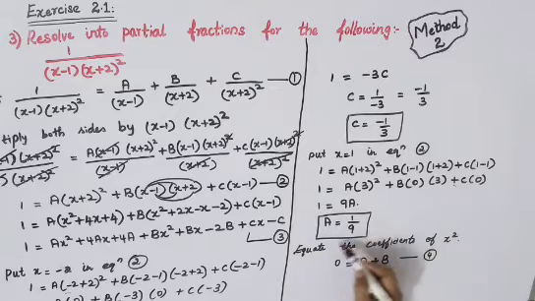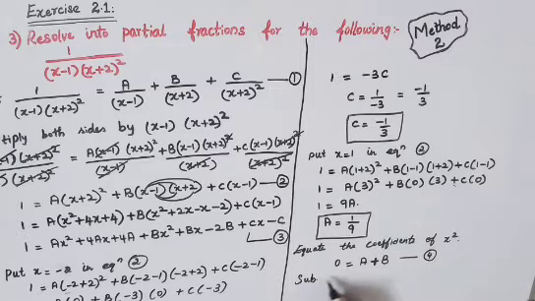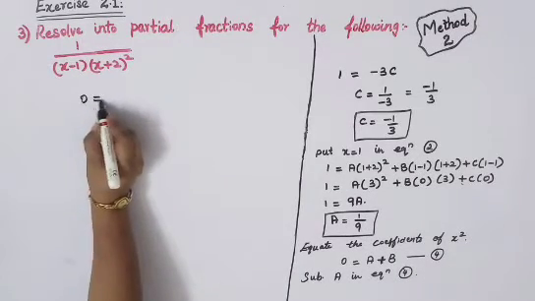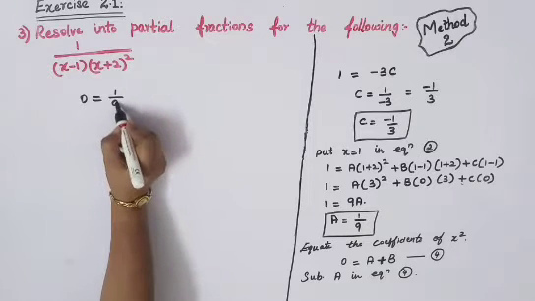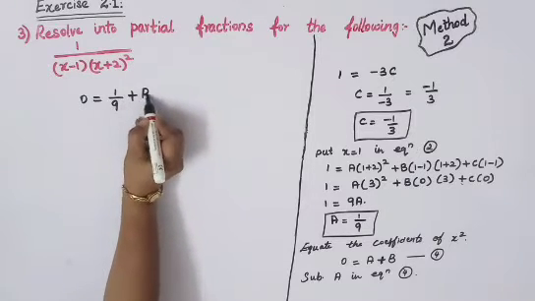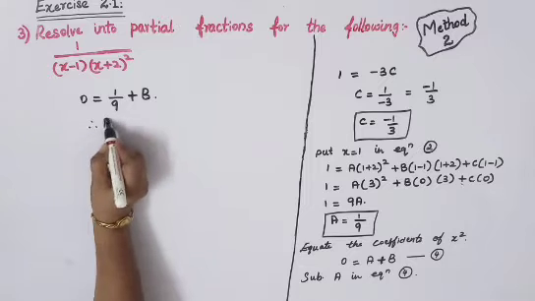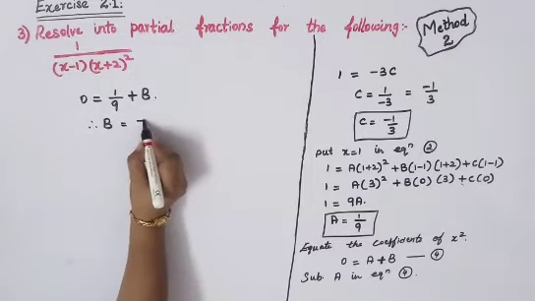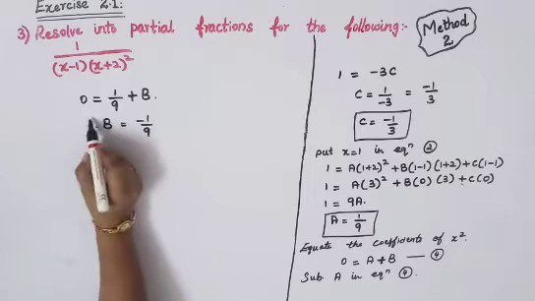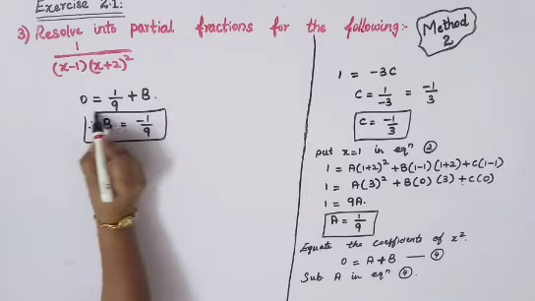Now already we have got the value of a over there. Just substitute it here, you will get your value of b. Okay. So substituting a in equation 4. 0 is equal to, instead of a you will have to write 1 by 9. So 1 by 9 plus b. So therefore b is equal to, take this 1 by 9 towards your left hand side. So you will get it as minus 1 by 9. So your answer for b is minus 1 by 9.